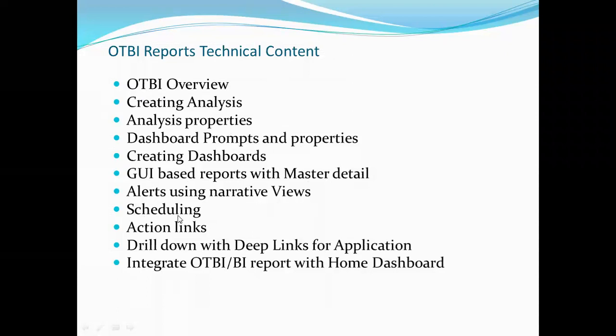And we'll see the scheduling. Here the scheduling part is somewhat different when we compare it with BIP reports. And action links: we are redirecting to third-party URLs by using action links, or implementing master detail reports by using action links. And we'll see the important feature of drill down with deep links for an application.